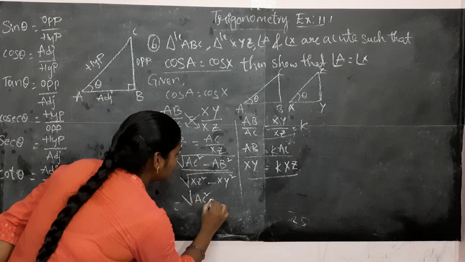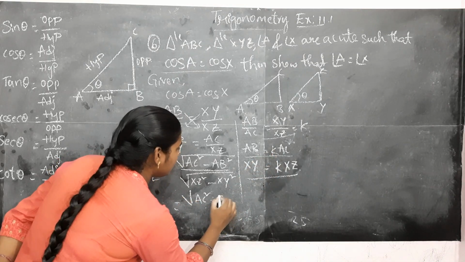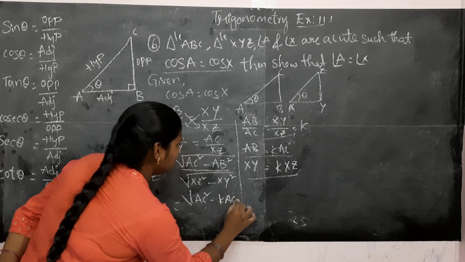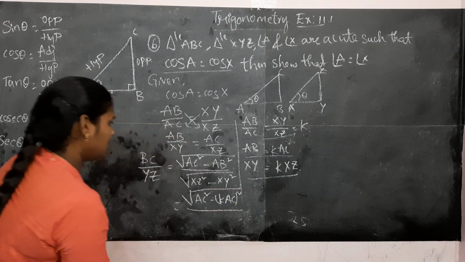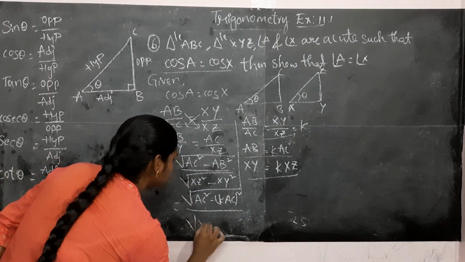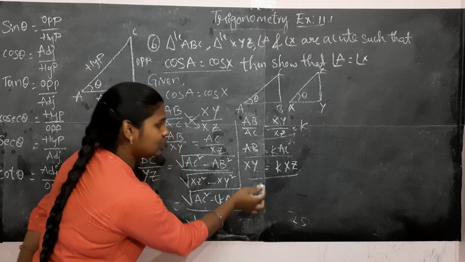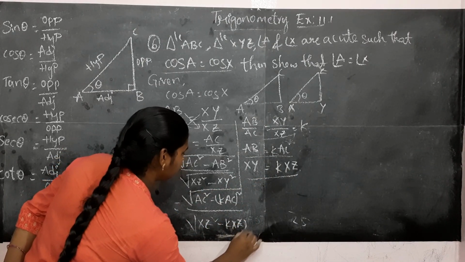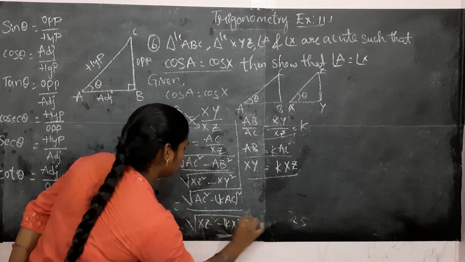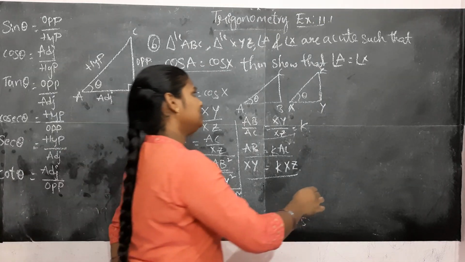AC square is equal to, what is AB? KAC whole square by XZ square minus what is XY? K into XZ. So that becomes,